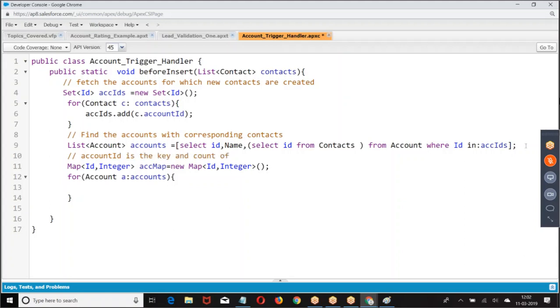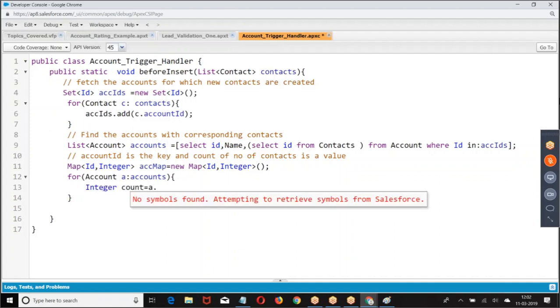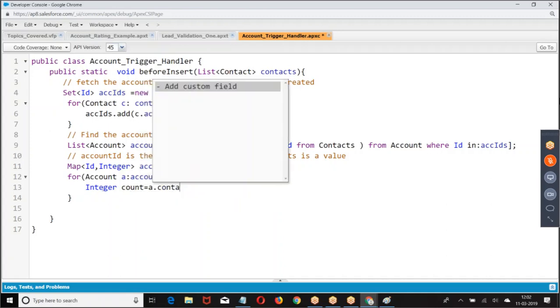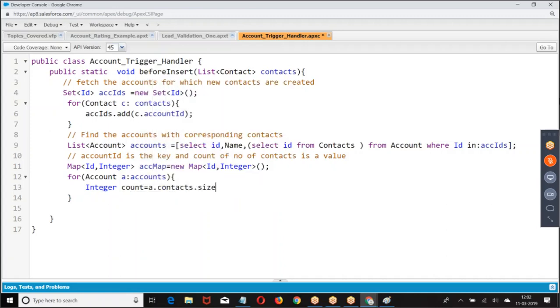The value is the count of the number of contacts. So what I'm doing here now: for each account A in the list, accMap.put(A.Id, A.Contacts.size()). A is an account.